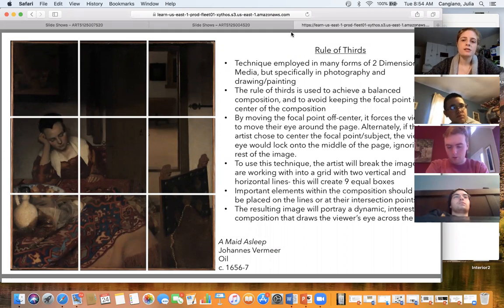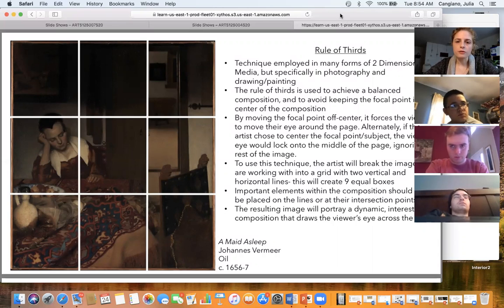Essentially, if you were to use 9 boxes to evenly divide up a composition, like I have here in this Vermeer, the points where these boxes intersect, 1 here, 2, 3, and 4, are considered the ideal places to place your subject matter or things you want to emphasize. The reason is that it's not quite in the center, but it's not so close to the side that it's forgotten or initially overlooked.